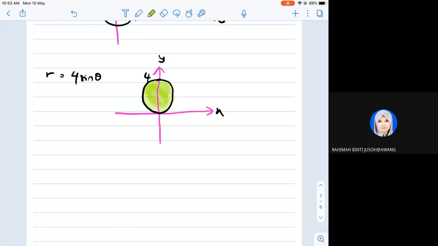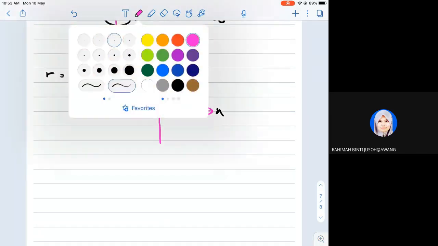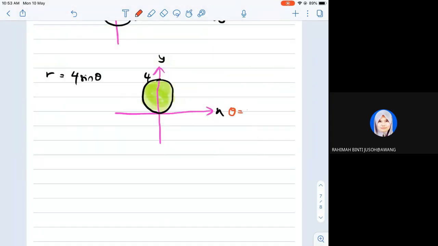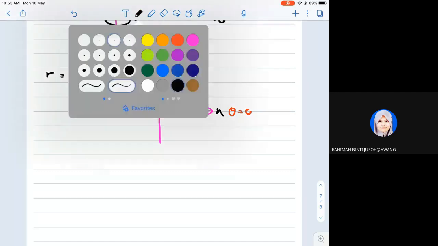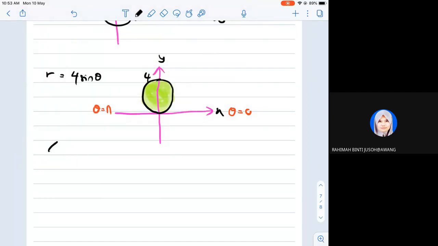Okay, you tak perlu kira sampai 2 pi pun. Dia sampai pi over 2 je. Ni special case. Okay, because theta equals to 0, pi over 2 pula 0, and then kat sini theta equals to pi. So you kira sampai kosong sampai pi lah. Okay, so the integration of A equals to 1 over 2